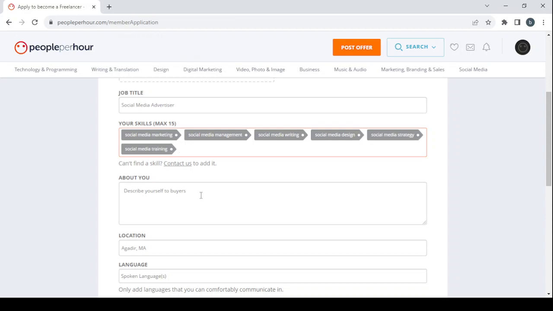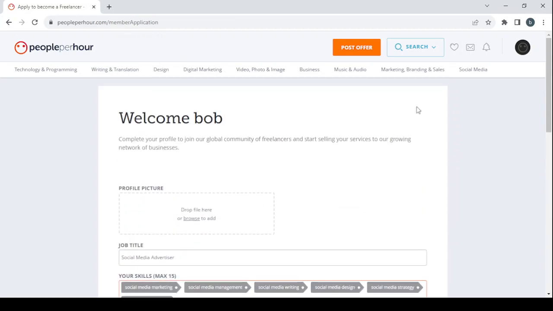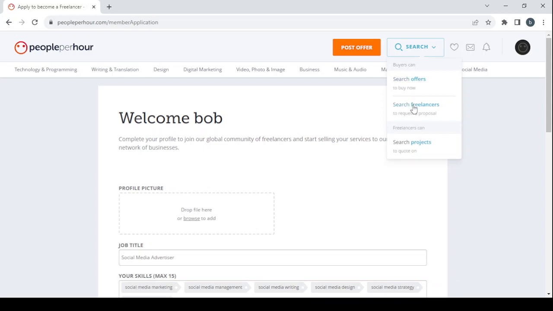So in order to enter a decent description for your profile, what I like to do personally is going through the other freelancers' descriptions and taking inspiration from them, seeing how they are talking about themselves, their skills, and their previous works or expertise. So I'm going to show you how you can do that. Go to the search box in here, click on search freelancers, open that in a new tab, and here